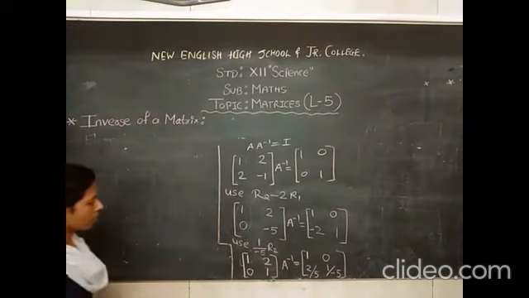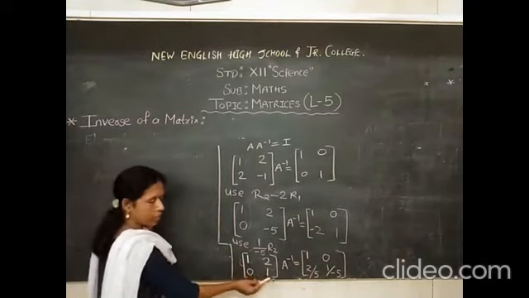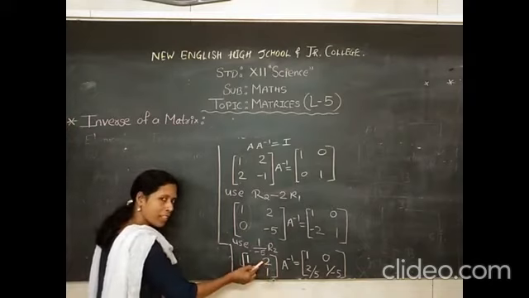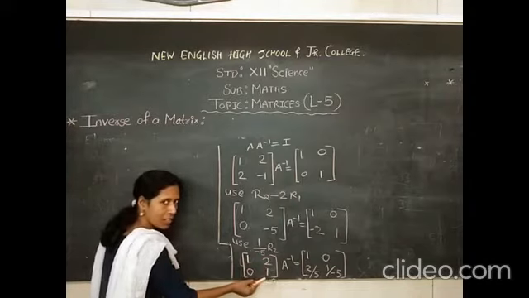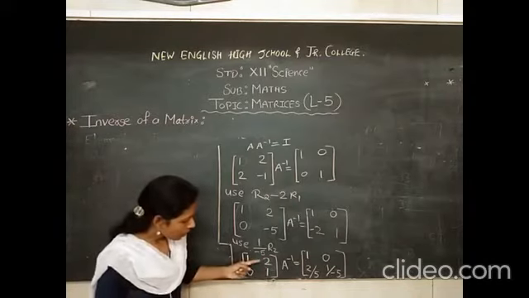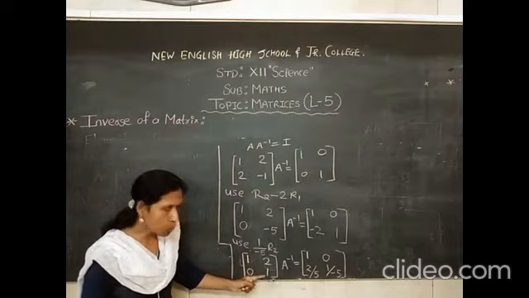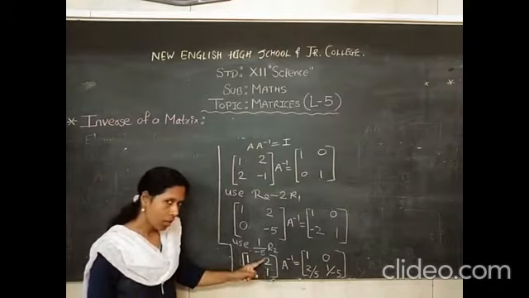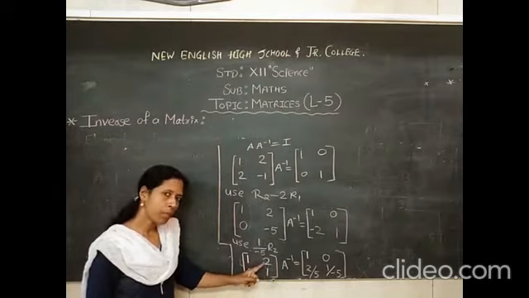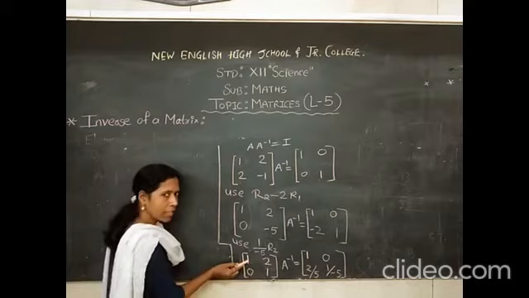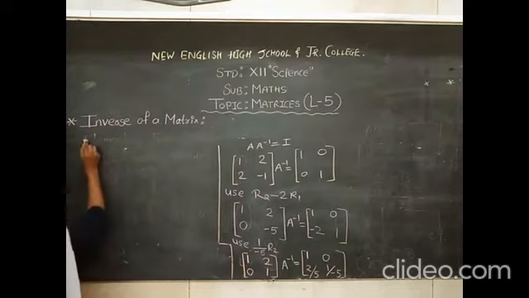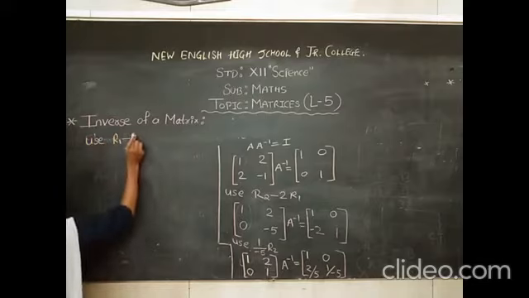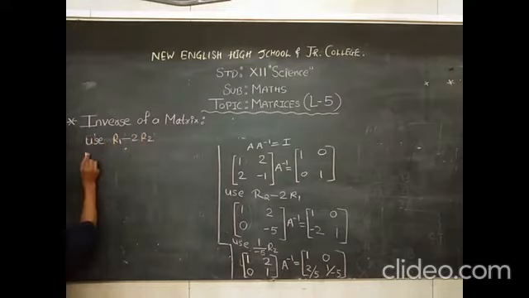Now after this, in the second column we have got 1 over here. We want to make it 0. As I told you, to make it 0, take help of this one. Means what will we do? R1 minus 2 times R2. It will become 0, and it will not get affected because it is 0 only. Okay. Let us use R1 minus 2 times R2. It will give,